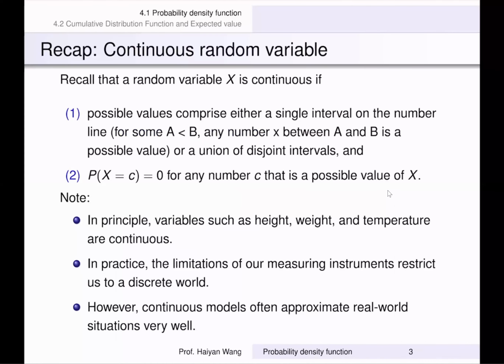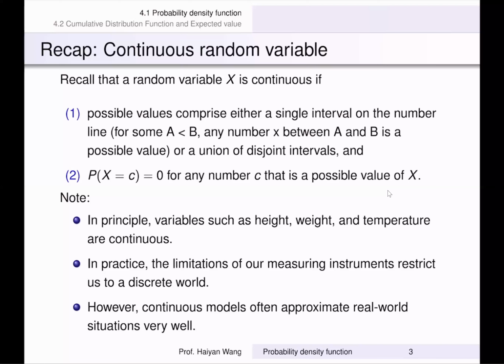The random variable includes the discrete random variable and the continuous random variable. Discrete refers to those variables that only have a few possible values. More accurately, discrete variable refers to those variables whose values can be counted one by one. Even if there are infinitely many of them, as long as they can be counted, that's a discrete random variable. On the other hand, a continuous variable refers to the variables whose possible values are